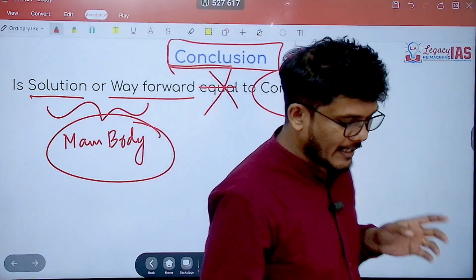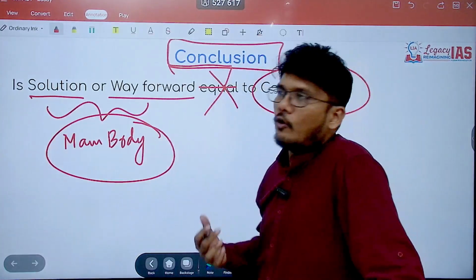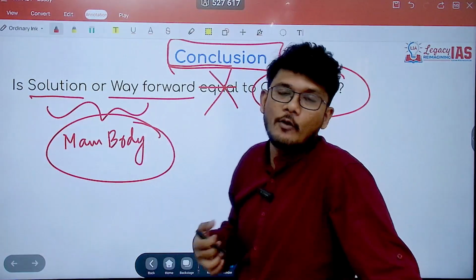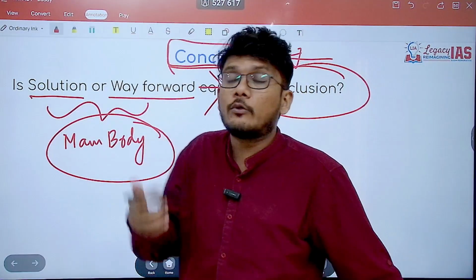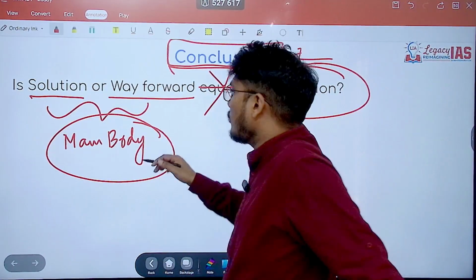Now, why is that the case? If you are writing an essay about any challenge, the next thing that should follow the challenge is the solution. Now that particular solution is going to be a detailed solution. You are going to tell what needs to be done to improve, right? That is not going to be your conclusion. That should form the main body.